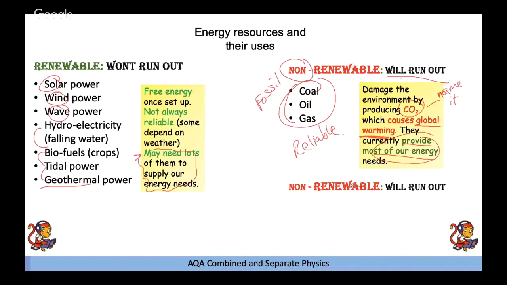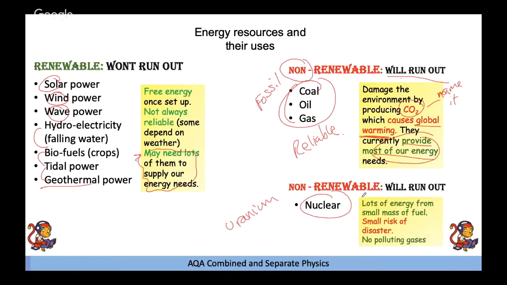Non-renewable, there's one other non-renewable one, which isn't a fossil fuel, but it will run out one day, is nuclear. And why does it run out? It's because we dig the fuel out of the ground, uranium. Okay, and there's only so much uranium on our planet, but it will last thousands of years. Now, a good thing about this, you get lots of energy from a small mass of fuel. That means we don't need lots of transport, carrying trainloads of coal up and down the country, or pipes carrying